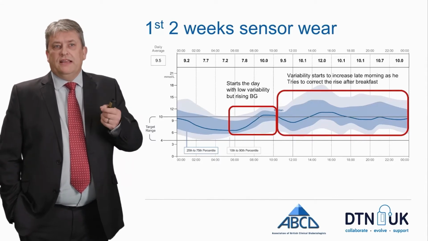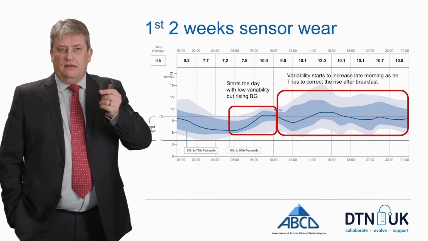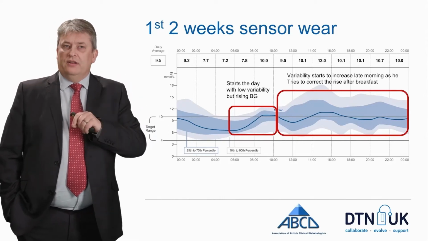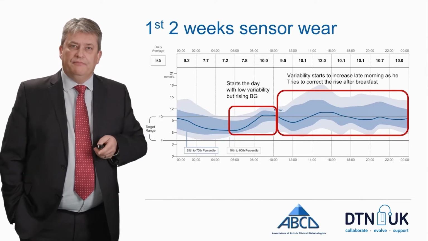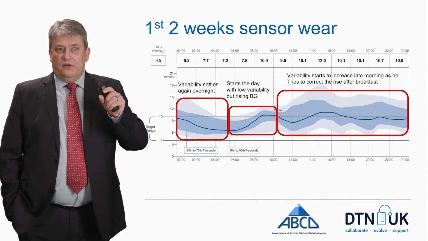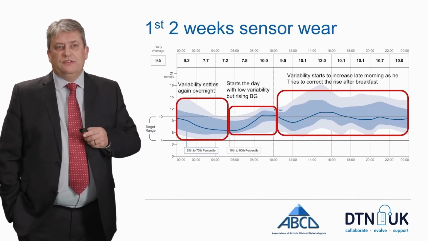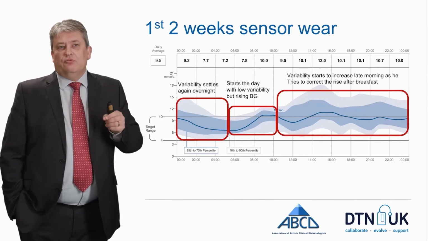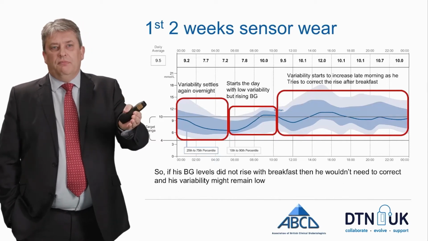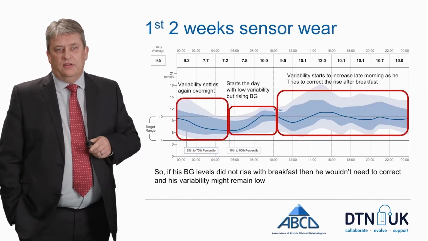The width here relates to the actions and reactions that he's creating, trying to address those slightly higher than fasting glucose levels. And of course, the correction elements that he takes will vary from one day to the next, depending on when he's looked at the data. Once he goes to bed and goes to sleep again, what we can see is that the variability overnight slowly but surely reduces. So one could conclude from this profile that if his sugar levels didn't rise across the first few hours of the morning, he wouldn't have a need to correct during the later morning and afternoon, and therefore his variability would remain quite low for that part of the day.